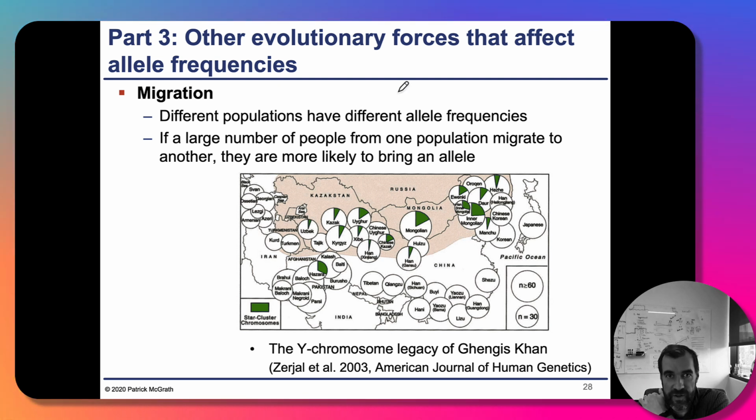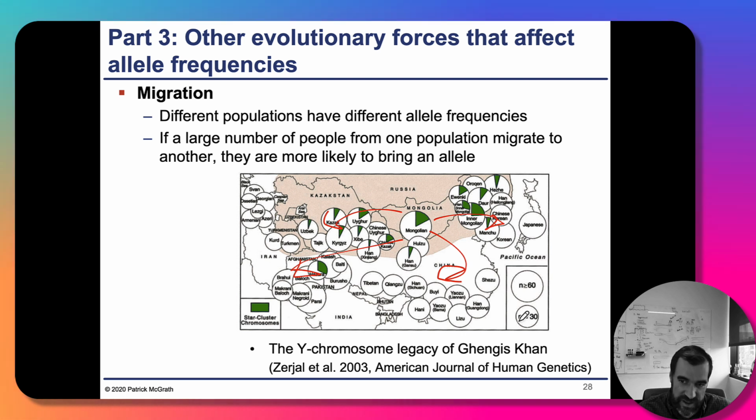Migration: other evolutionary forces that affect allele frequency include migration. One of the classical examples of this is looking at the Y chromosome. If a large number of people from one population migrate to another, they can bring high frequency alleles to these new populations. The idea behind that can be seen with the Y chromosome that was carried